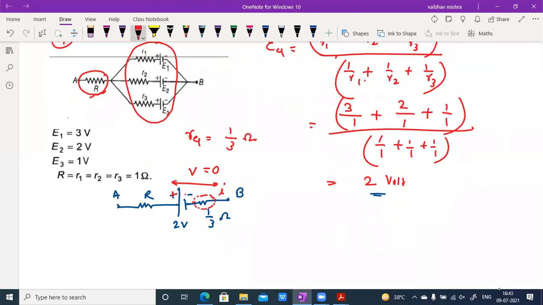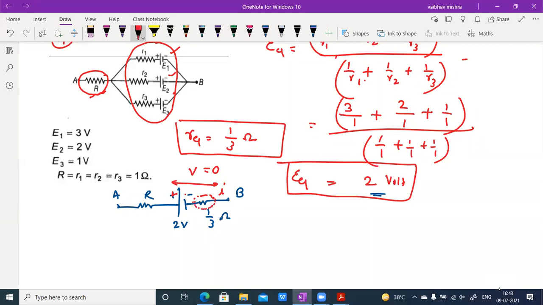Sorry, please repeat once. So these were three cells, all three in parallel. We calculated the equivalent EMF and equivalent internal resistance by the formulas. We replace this whole circuit, three batteries, by one single battery and its internal resistance. Yes, sir. So there is no